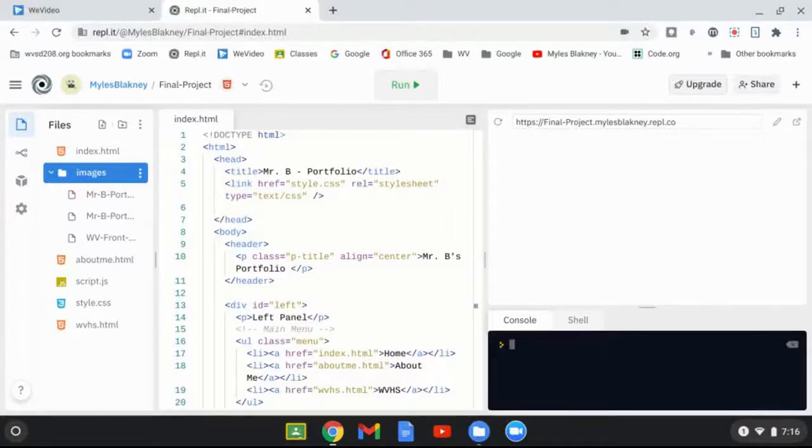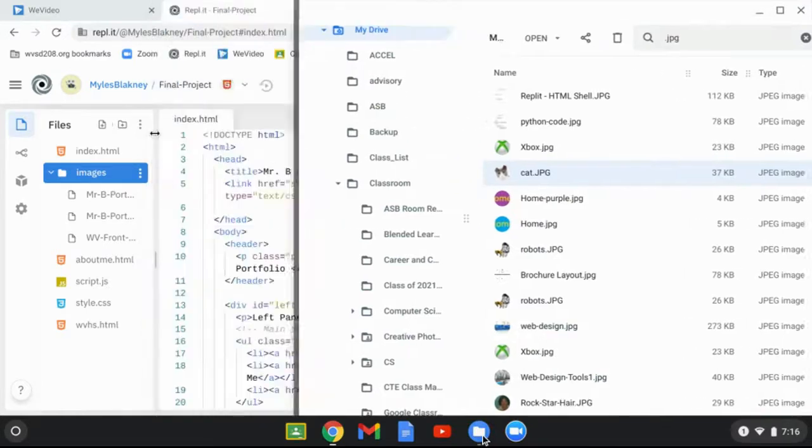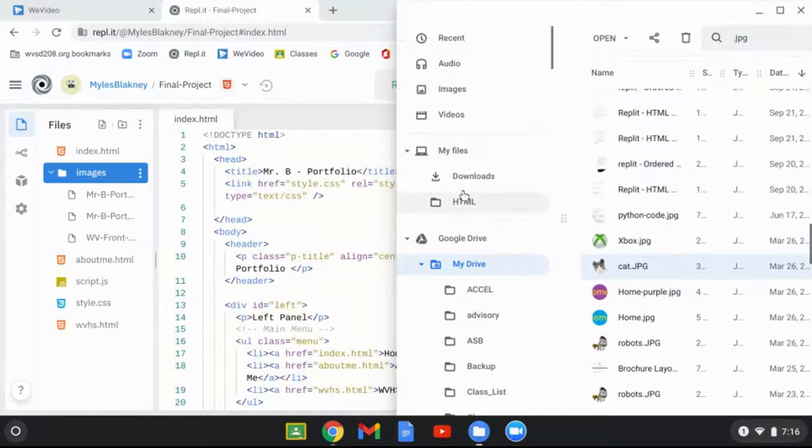Getting pictures into your web page from your Chromebook: as long as you can access the files, you can do a screen capture. See my video on screen capturing. But the other nice thing about the Chromebook is that your Google Drive is accessible just like any other drive. So if you have pictures out there on your Google Drive, you can locate them,